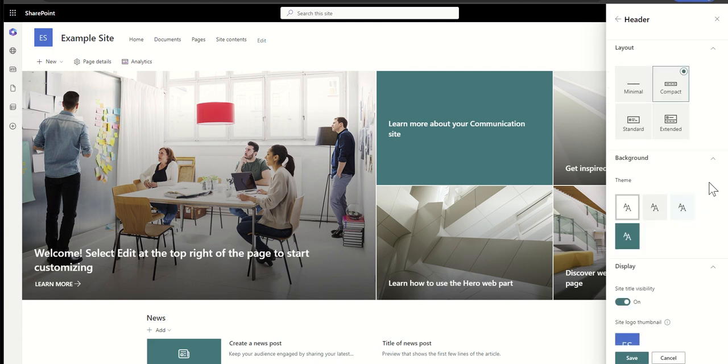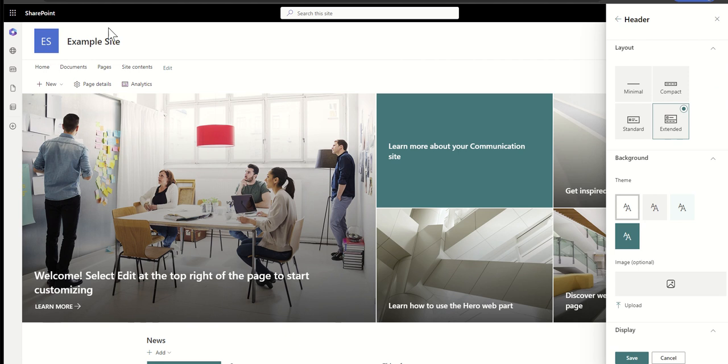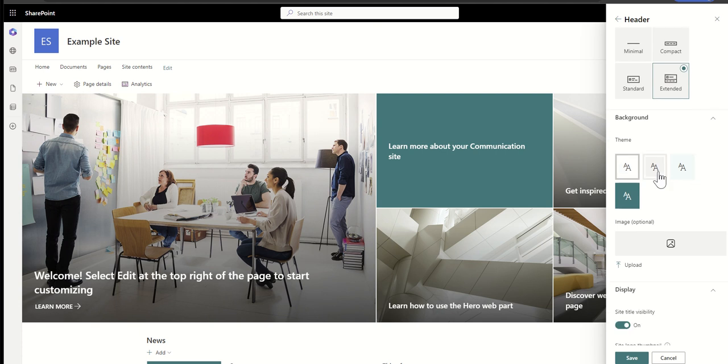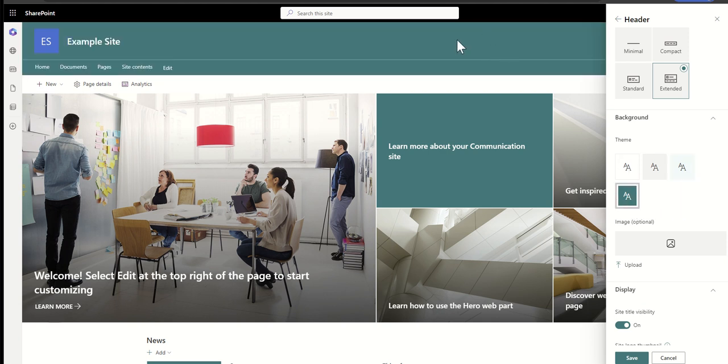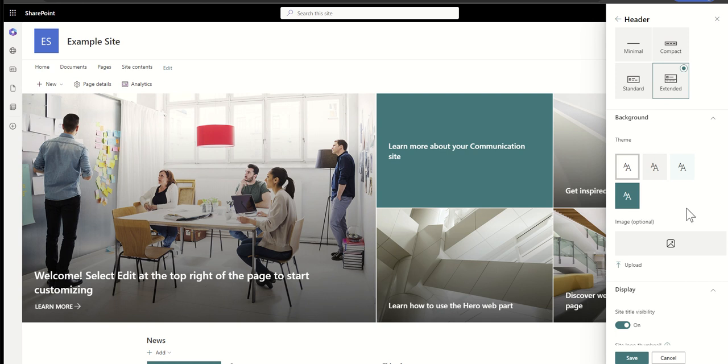Now under here, not only have you got the options for changing the way the header will look and feel, say for example, if you wanted a bigger logo space, you could use the extended option and you get a much bigger logo area, which is really good if you're going to use a larger icon as your logo. You can change the theme colors. Again, this is useful to know because, depending on what logo you're going to use, it might contrast differently with the different colors of the background. So if you've got a very solid dark colored background and you've got a dark colored logo, it might not be easy to read, for example,